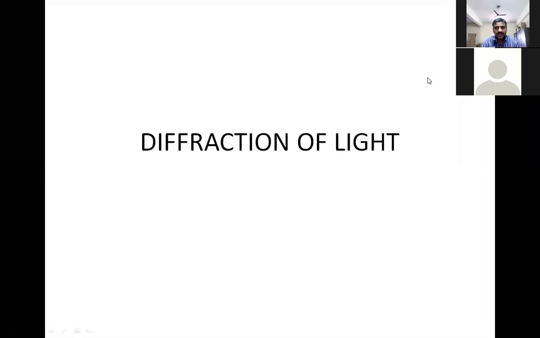If you look at any shadow cast by an object, let us say you are in front of a lamp, and assume that you are sufficiently close to a wall. For example, there is a lamp here, and I'm putting my hand here, very close to a wall or some kind of screen on the back side. The light is going to pass through this obstacle and cast some shadow on the screen, right? If you look at the shadow, it won't have sharp borders.